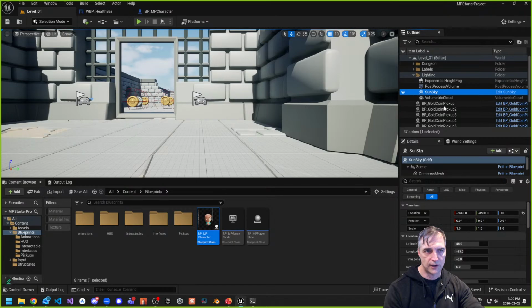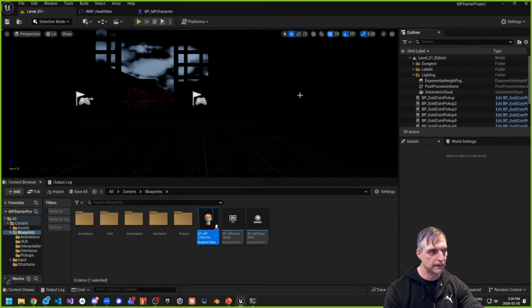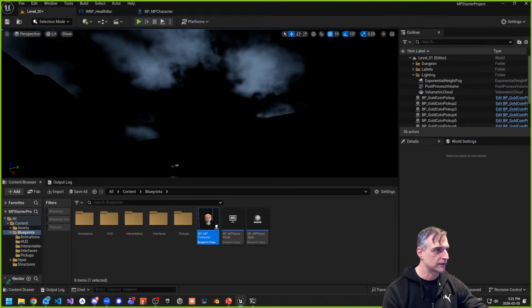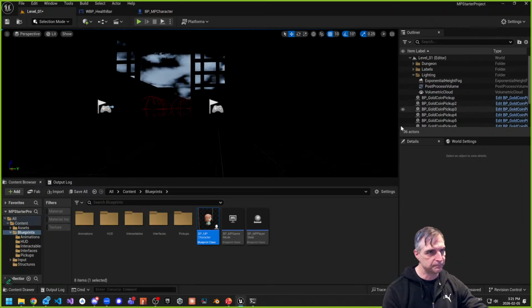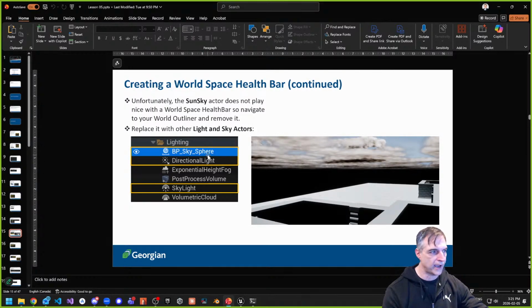So here's the Sun Sky. Hopefully, I'm not sure if you encountered it or not. Here's Sun Sky. I'm going to delete it. And when I do, it's like blackness outside. There's nothing, right? And you can see the sky is this weird color, but it's really, really low. And of course, what we want to do is add in a sky sphere, and I want to add in,